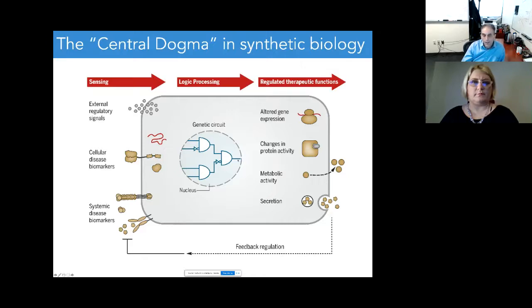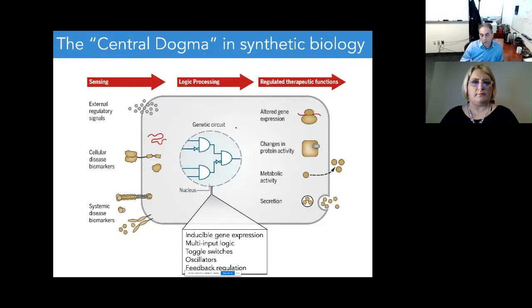And then once a decision is done, then the last component is a regulated action or a function. So for example, modify the production of genes inside the cell, or activity of proteins, or secrete something outside the cell. And then these things can also be used in a feedback regulation way, so that what we engineer the cells to secrete can be used to sense what to do next. And so we can take these kind of high-level abstractions, or these genetic circuits that represent behavior programs, and then think about what kind of programs would be interesting to be able to implement.